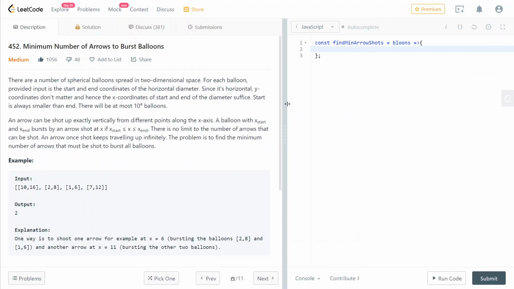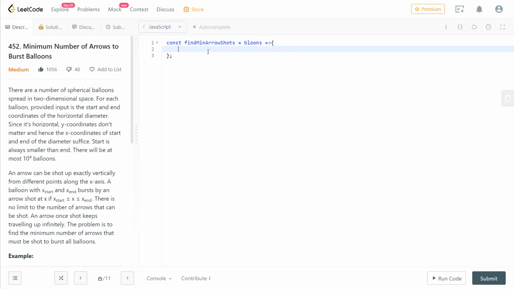So this is one of those problems where sorting the input is really helpful. Since we can think of the coordinates of the diameters as intervals, we're going to sort those intervals based on the end coordinate in an ascending way. So now that we've sorted the balloons array, that's going to allow us to process the balloons array in a